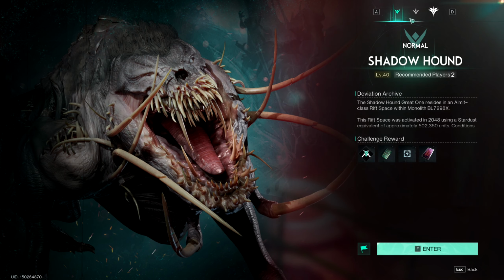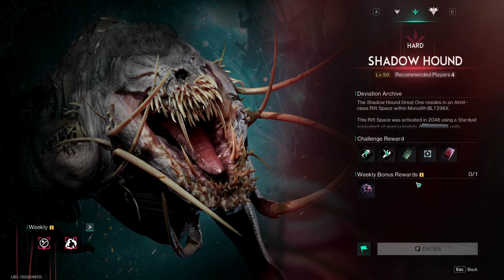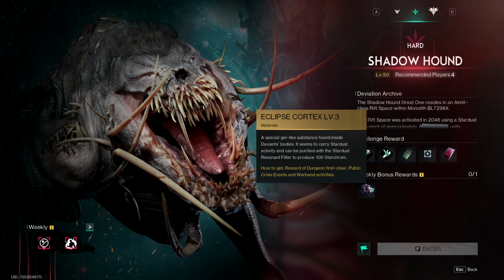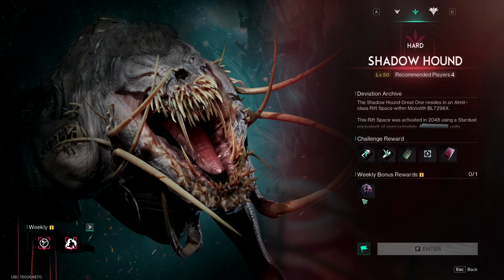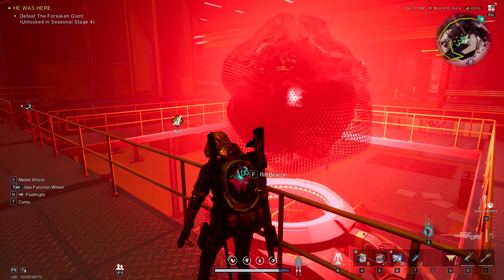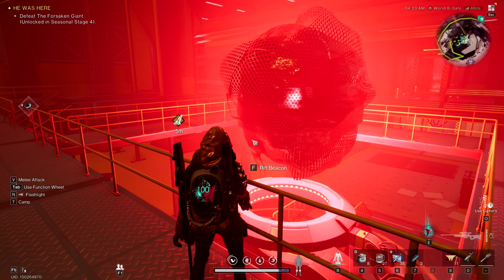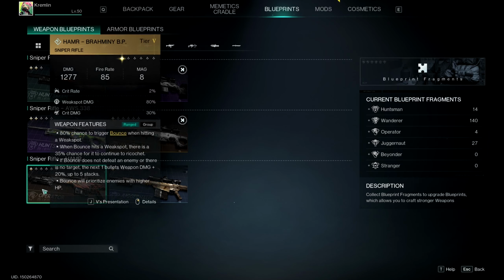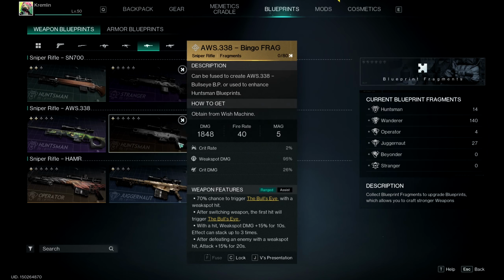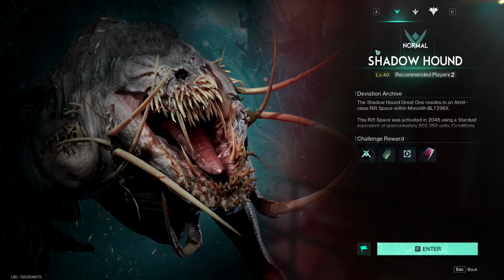Yeah, you do get a little bit more resources. You get that. I'm sure that's useful for something. And then you get level 3 cortexes, which I don't even do these anymore after I got this Barrett blueprint. I stopped caring about blueprints altogether because I finally got the blueprint I wanted. But I guess you could do those to get more blueprints